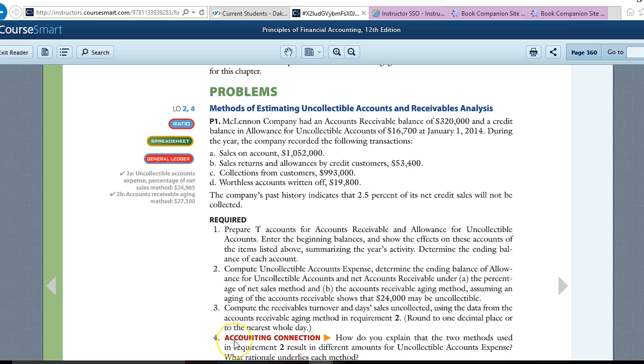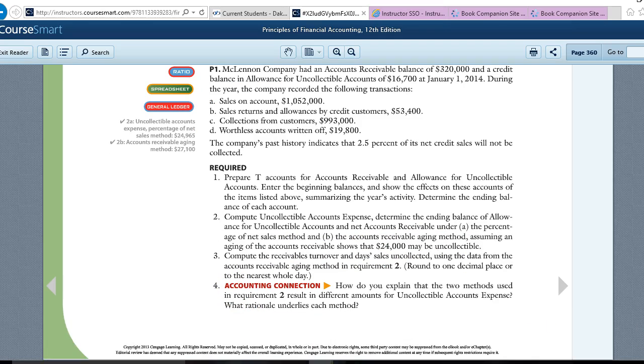Next, number 2 says, compute uncollectible accounts expense, determine the ending balance of allowance for uncollectible accounts, and net accounts receivable under the percentage of net sales method and the accounts receivable aging method, assuming an aging of the accounts receivable shows that $24,000 may be uncollectible. So we are going to compute the journal entries